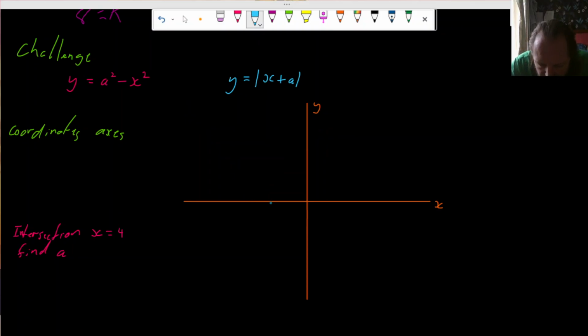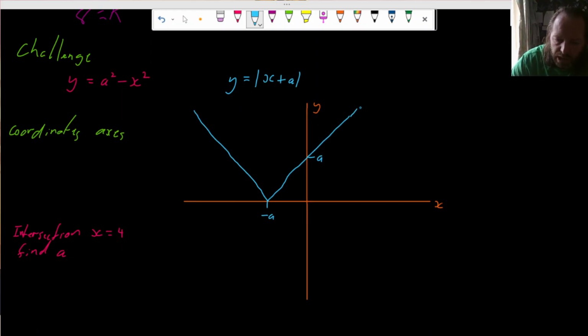Okay, so let's see if we can get this drawn roughly somewhere correct. It is going to be cutting through there at a. It is going to be hitting there at minus a, and it's going to be then shooting off into space there. So there is the y equals modulus of x plus a. Okay, next one,